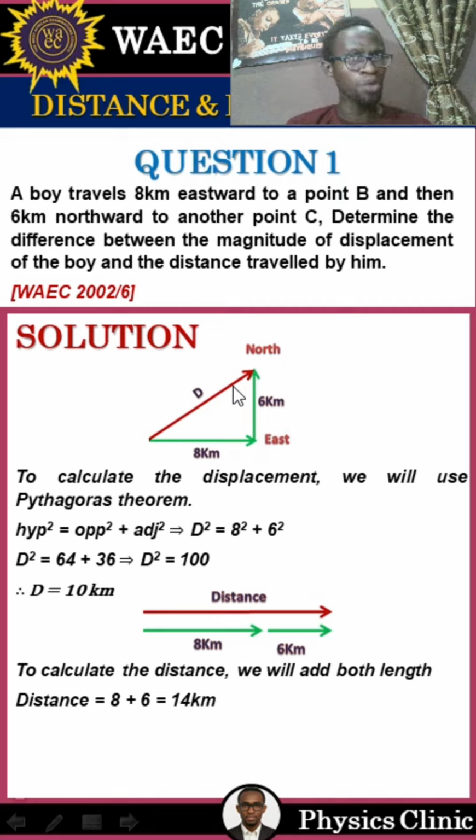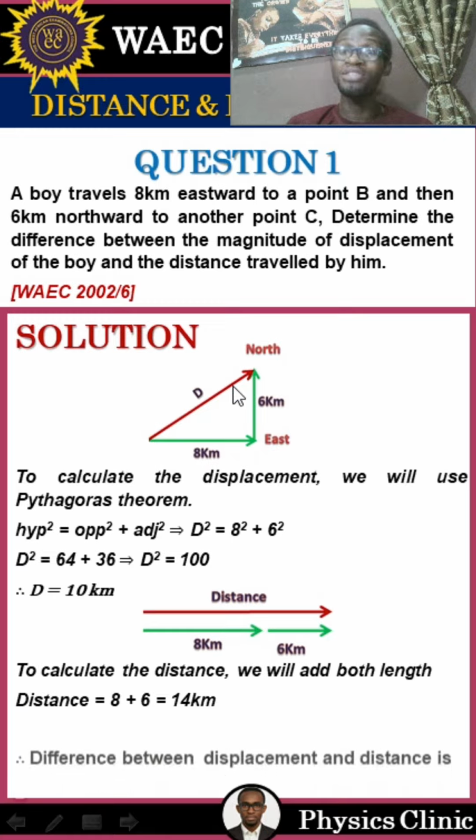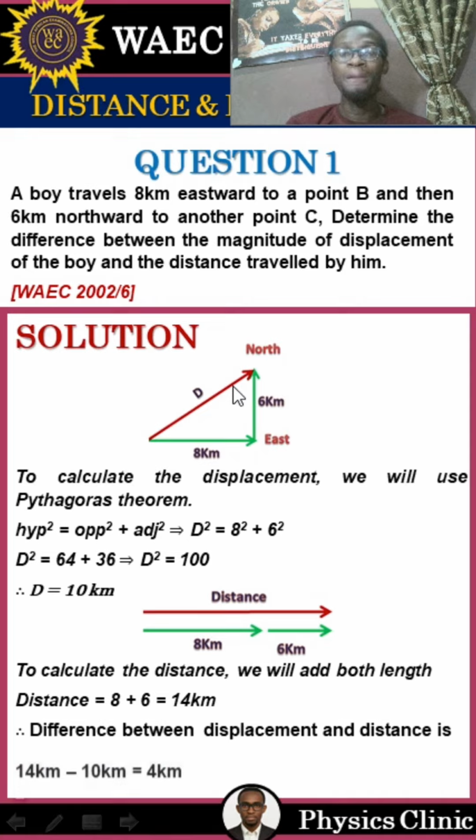What was our question again? What is the difference between the magnitude of the displacement and the distance he traveled? So what is the difference? Displacement is 10. Distance is 14. So what is the difference? So the difference is simply 14 minus 10. So our answer is